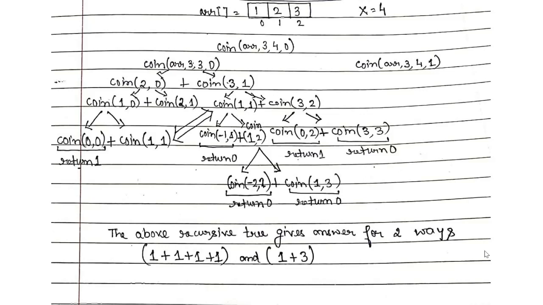So now coming on to the recursive tree, what do we have over here? We are given an array of denominations which contains 3 denominations and we need to make a change of 4. So coin is the function which would be returning us the total number of ways with which we can make the amount of 4. This array is actually the reference or a pointer to our denominations array. This 3 is the total number of elements which we have, or the denominations which we have. This 4 is the amount which we need to make, and this is the index on which currently I am sitting. So what do we have over here?